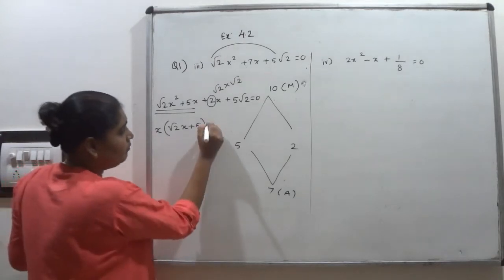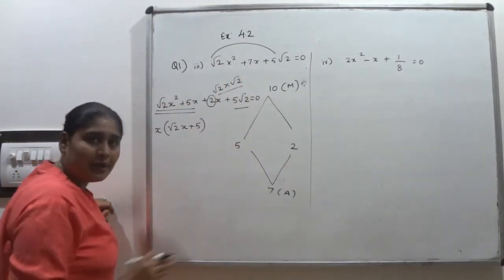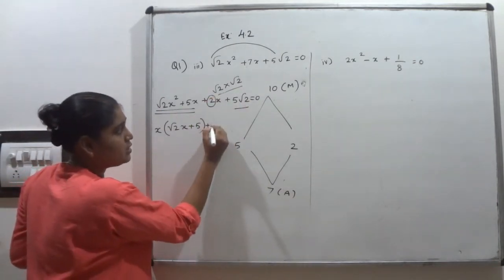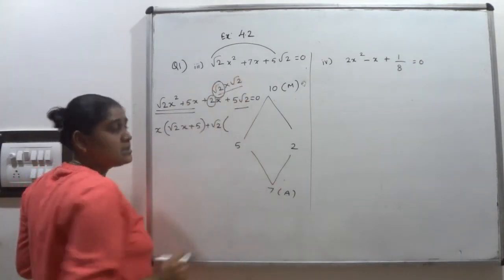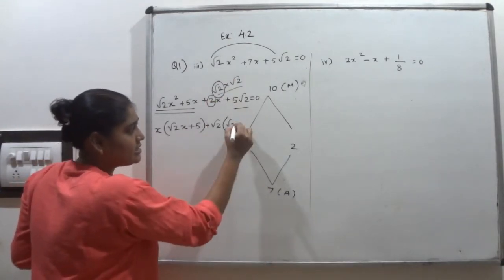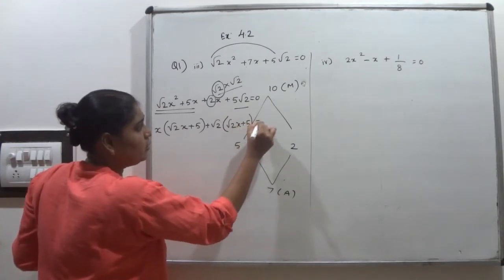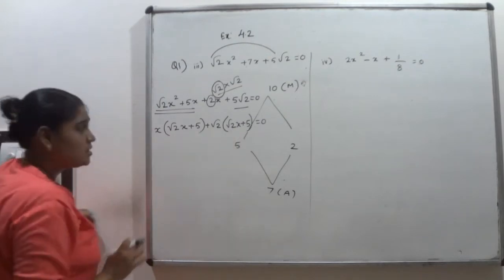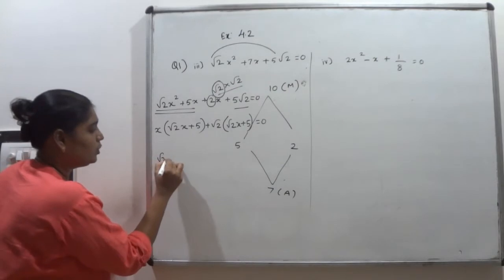So now from these two terms you can take out the common number. Root 2, here also root 2 is there. So we can take out root 2? Definitely. So what is left over? 1, root 2 is taken out. What is left over? Root 2 and x is left over. Plus here what is left over? Plus 5 equal to 0. Understand?